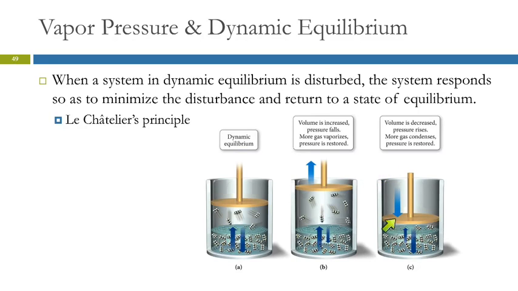If we take that cylinder and we compress it, we make the volume smaller. We increase the pressure of the gas. Now we increase the rate of condensation. Doesn't do anything to the rate of evaporation. We've got more condensation, and so we lose pressure, and it'll go back to what it was. Le Chatelier's principle says that a system in equilibrium, when disturbed, will react in a way to reduce the disturbance. So equilibrium does not like change. If you try to change it, it'll fight back and do whatever it can to reestablish the way things were. Status quo, we're good with it. Okay.